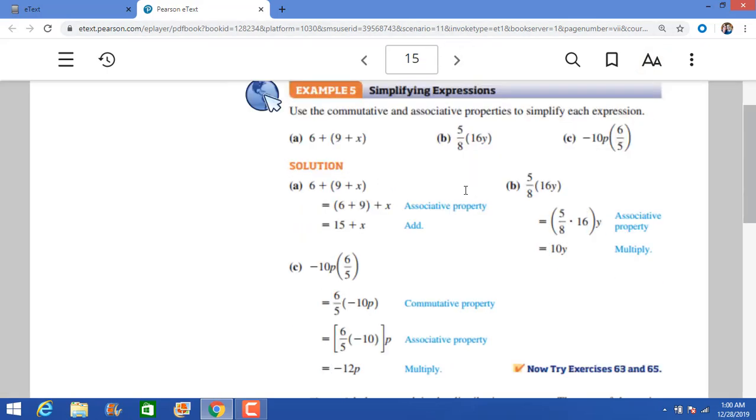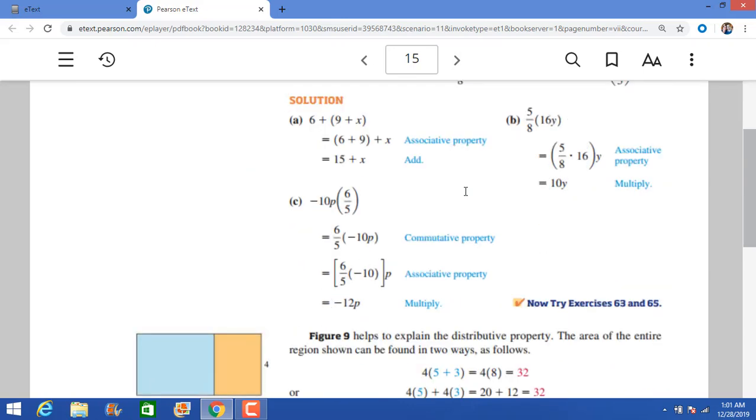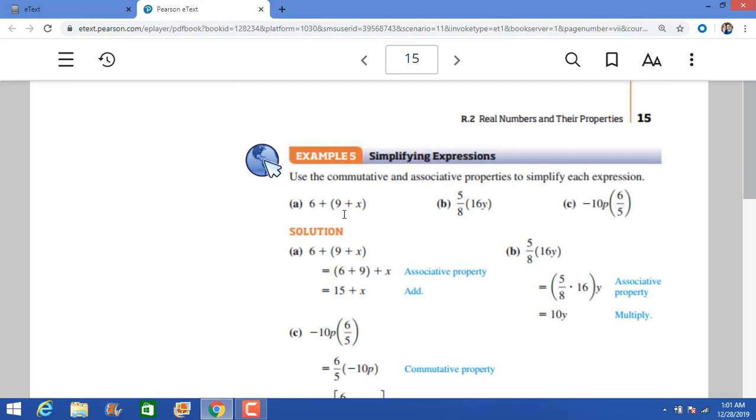So let's look at some examples of simplifying expressions. So let's look at this example. We're going to use the commutative and associative property to simplify these expressions. The first thing I'm going to do is use the associative property. I'm going to move the parentheses over here and add these first, because I can't add the x and the 9, but I can add the 6 and the 9. So I'm going to use the associative property to group these together first to get 15, and we get 15